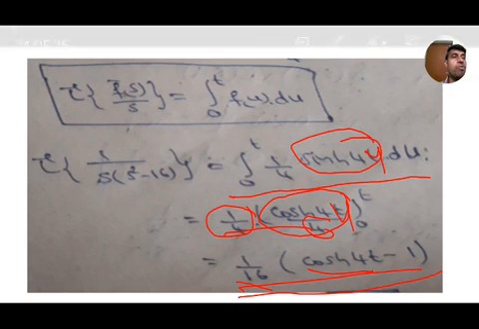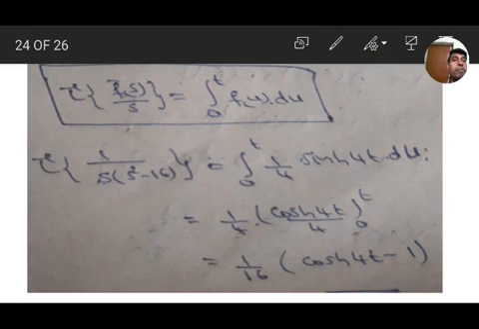Okay, up to now we discussed division by s, the L inverse f bar s formula and problems. In total, in this class we discussed multiplication by s, powers of s, and division by powers of s. So I will recall first multiplication by powers of s. If L inverse of f bar s equals f of t, then L inverse of s into f bar s equals the derivative f dash t, that is d by dt of f of t. If it is L inverse of s square f bar s, that is the second order derivative f double dash t, d square by dt square of f of t. S cube means third order.